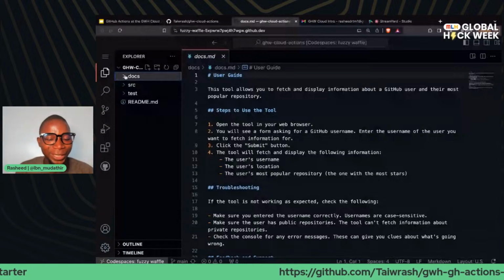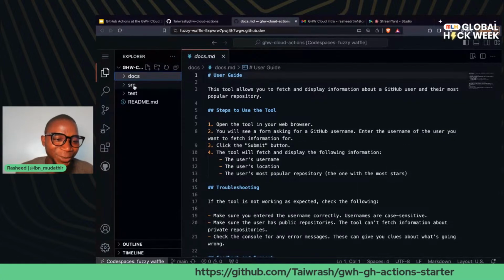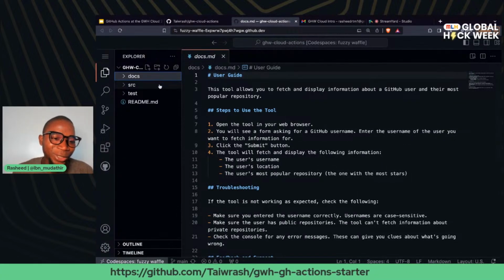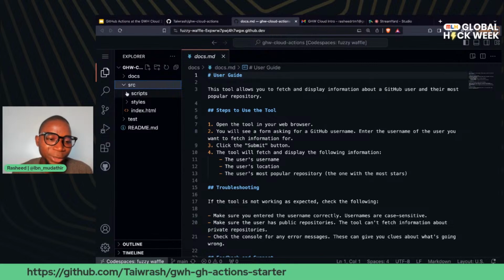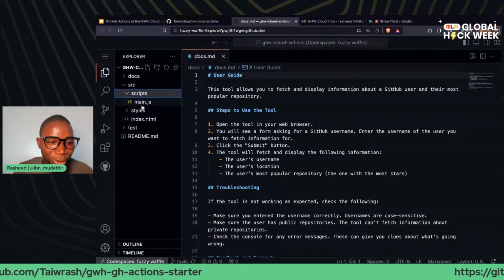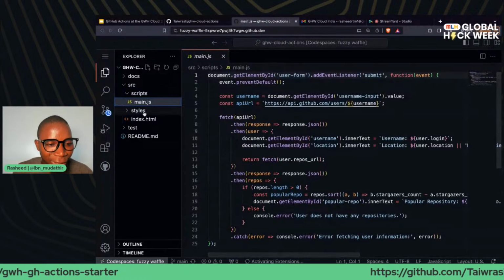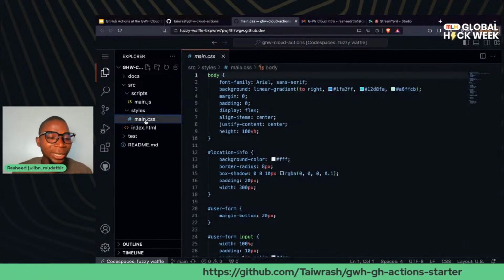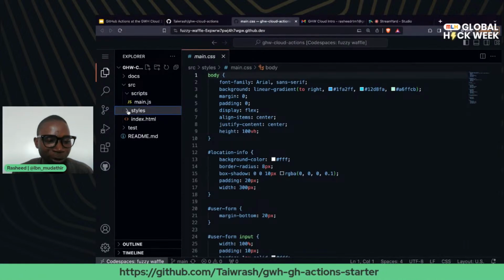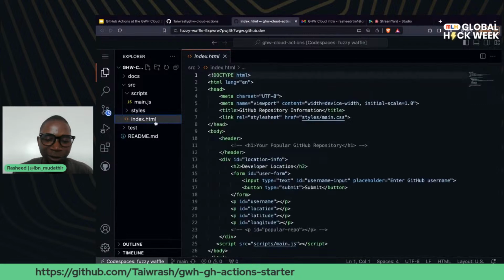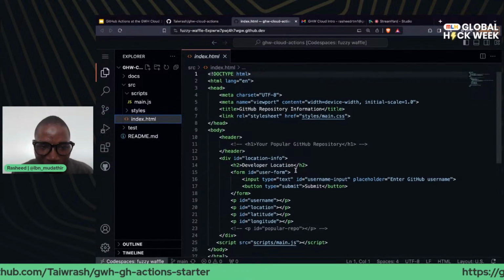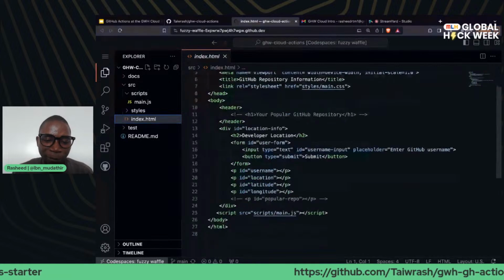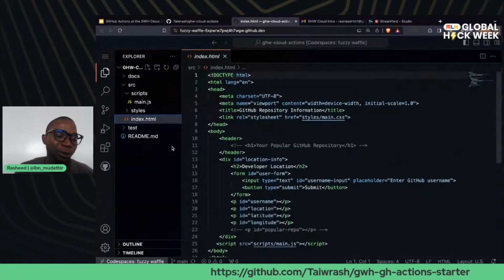I'm just trying to cook up something for this session. And then we have our source file, which has our script, which is the JavaScript script, and then we have another CSS folder, which is for our styles and everything that comes with the slide. And then second to the last, we have our index.html, which contains every HTML tag that we want to be using.